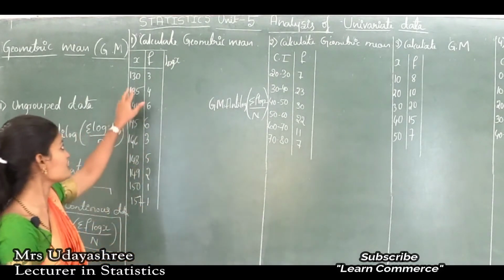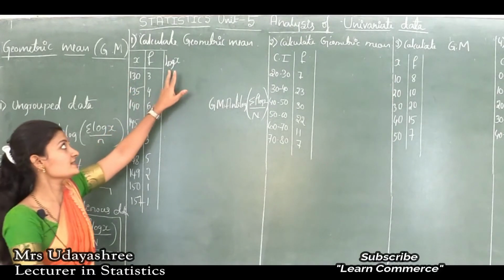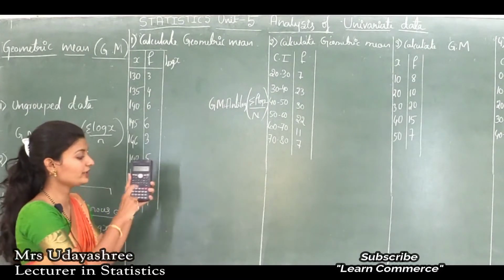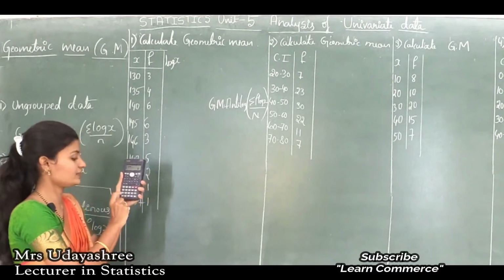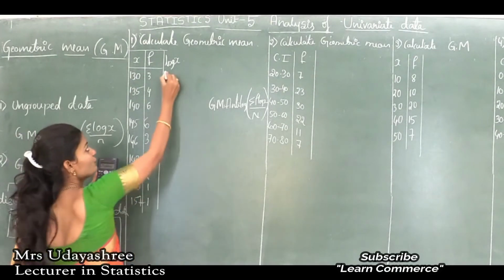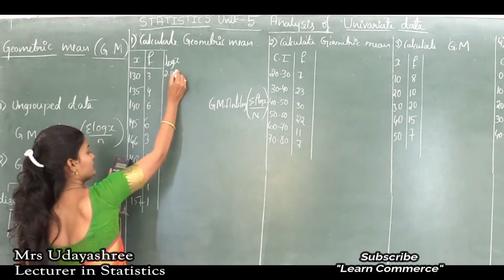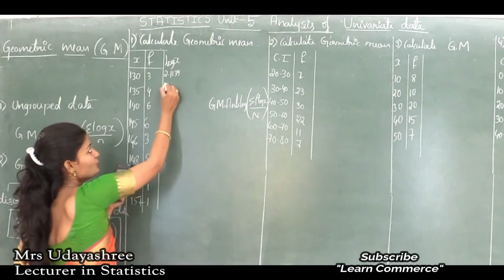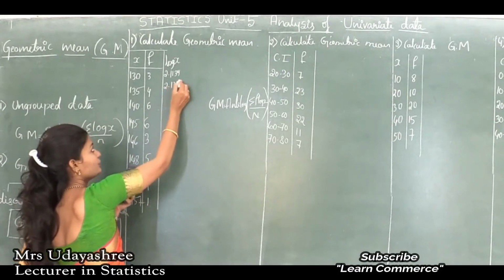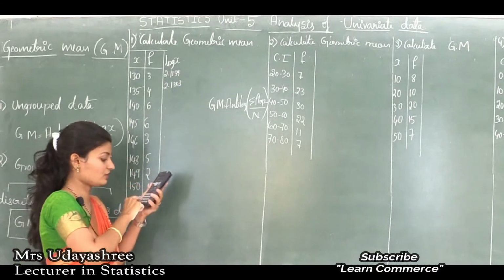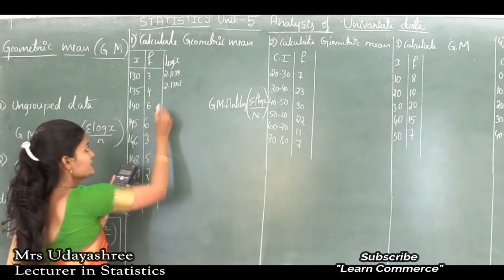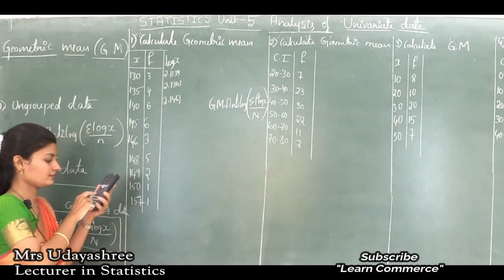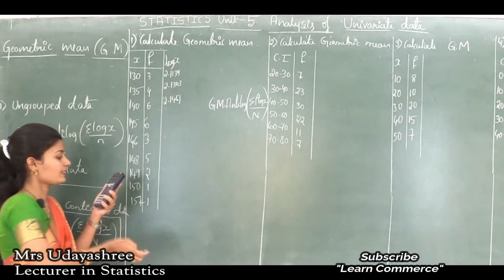The first x observation is 130, so we need to find log 130. How to calculate log 130? In your calculator the log key is there, so take the log of that value. Log 130 is 2.1139. Then log 135 is 2.1303. Next, log of 140 is 2.1461. Then log 145 is